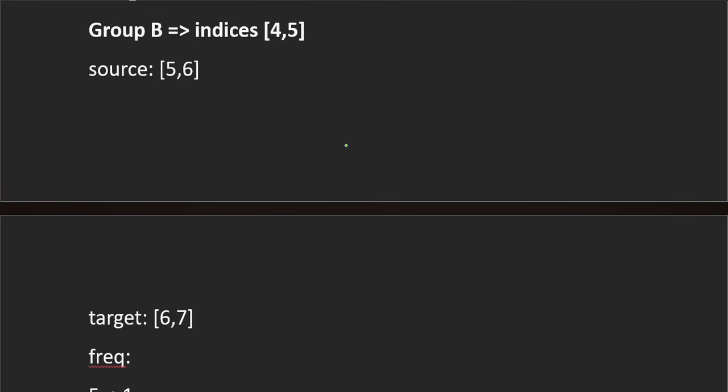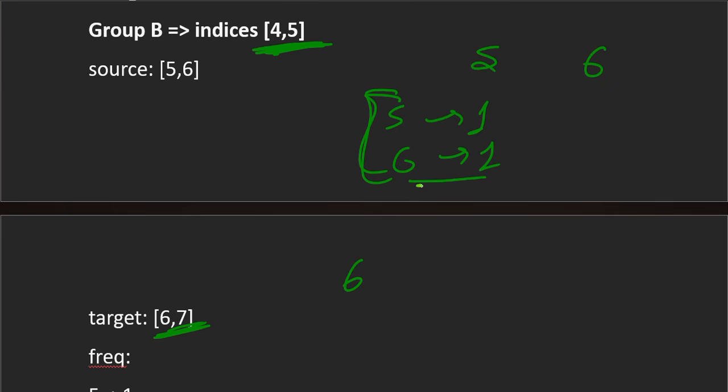In group 2 we have indexes 4 and 5, and at those indexes we have 5 and 6. So the frequency of 5 is 1, and the frequency of 6 is 1. Then at these indexes in the target we have 6 and 7. First we process 6. Is 6 present in the frequency map? Yes, 6 is present, so it is a match.